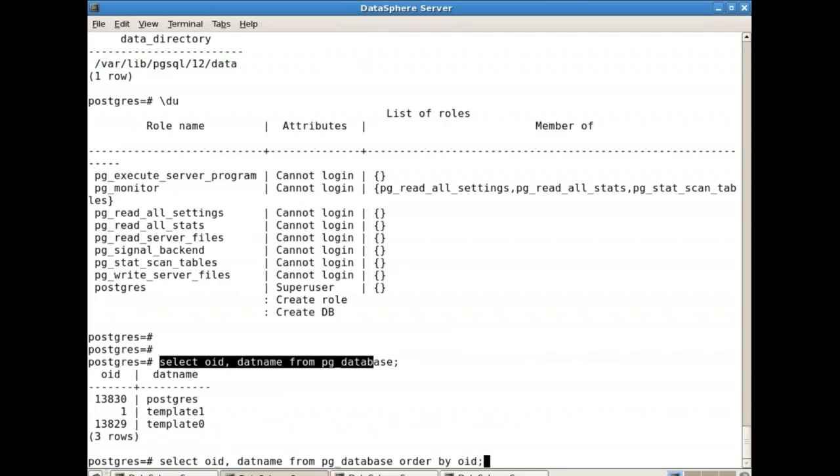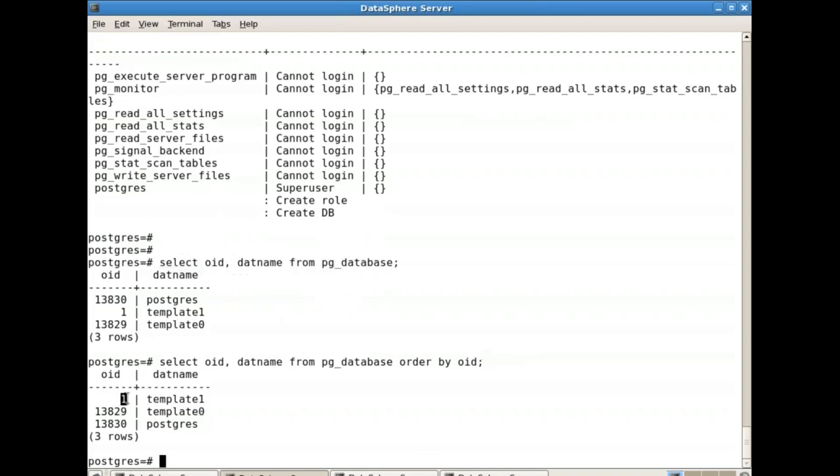Order by OID. So one is template1. 13829 is template0. 13830 is the Postgres database OID, and that itself is the